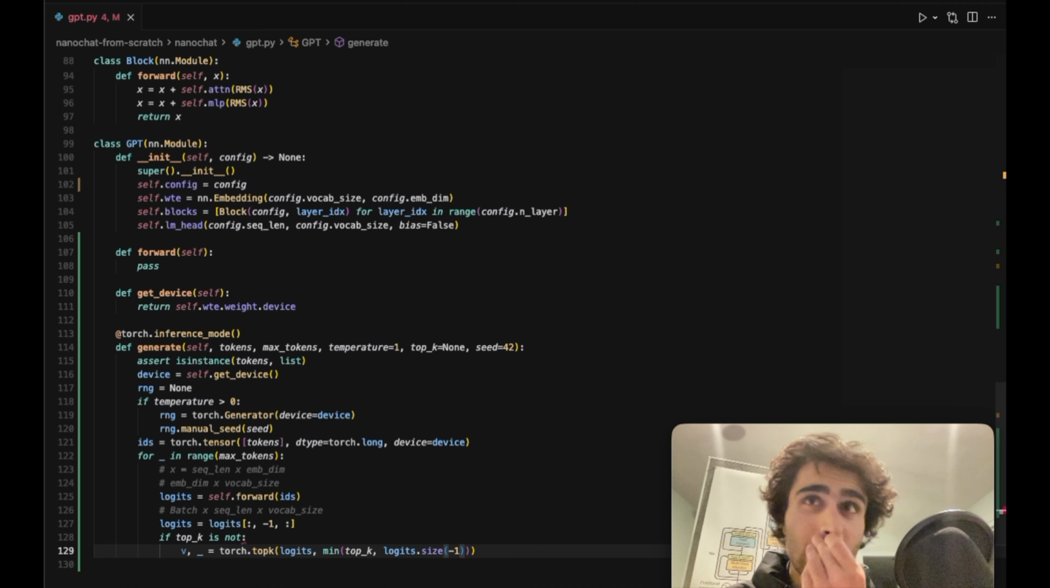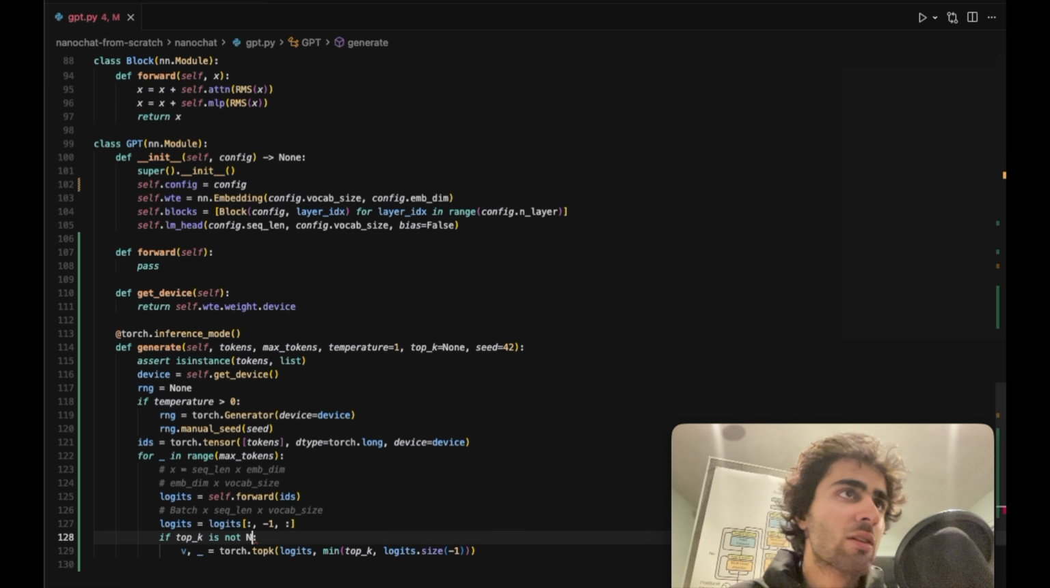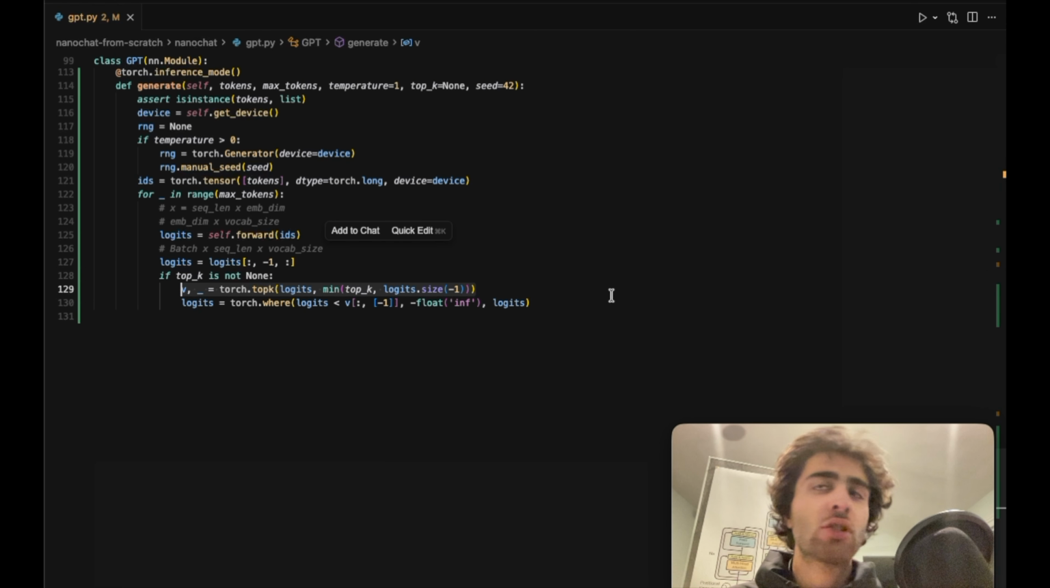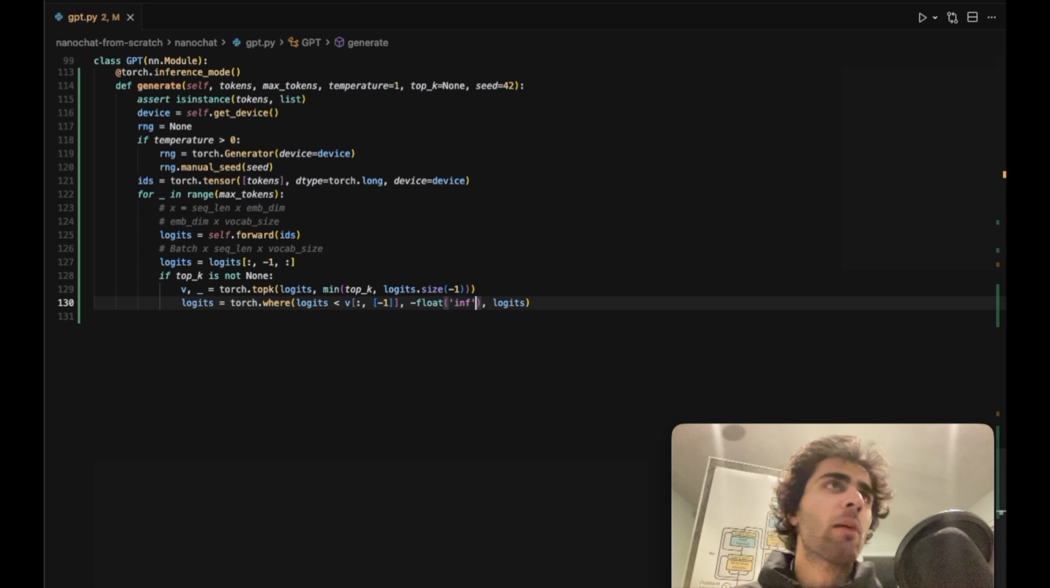I think you could just index it by -1, literally to the last element, but we want the size, so we don't want the value of the last element. Okay, and I forgot to say that this is not done. Okay, and now that we have the values of the top K, we can apply torch.where, which is a very